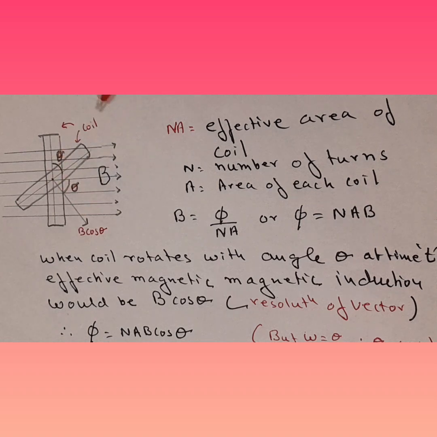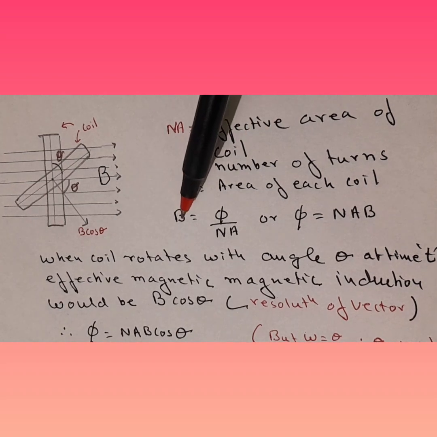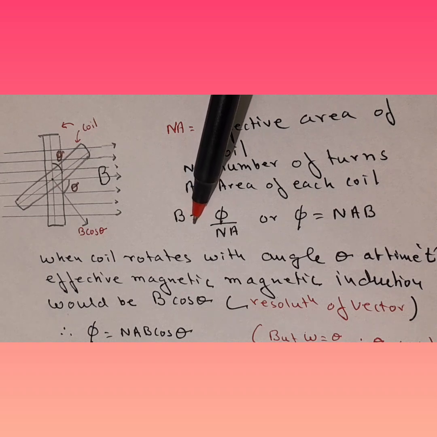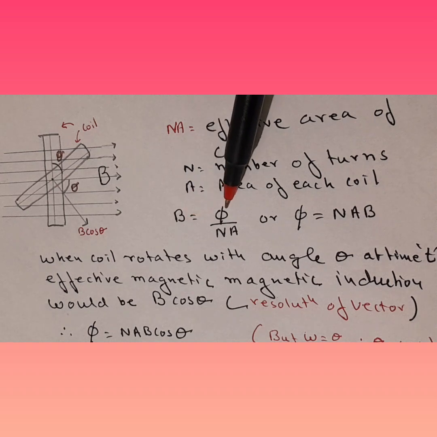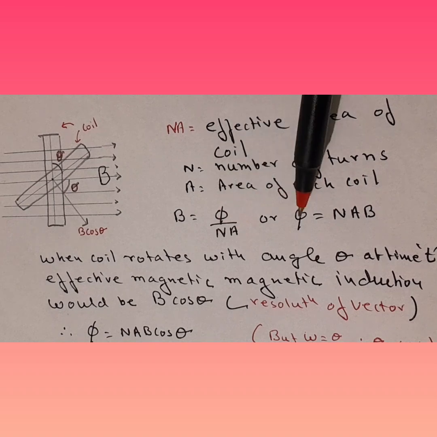Now NA is the effective area of the coil. This is the coil. Now the coil has number of turns N and the area covered in the coil is A. So the effective area of the coil would be number of turns multiplied by area, NA. So B we know is equal to flux over area, but now it would be flux over NA. So flux would be